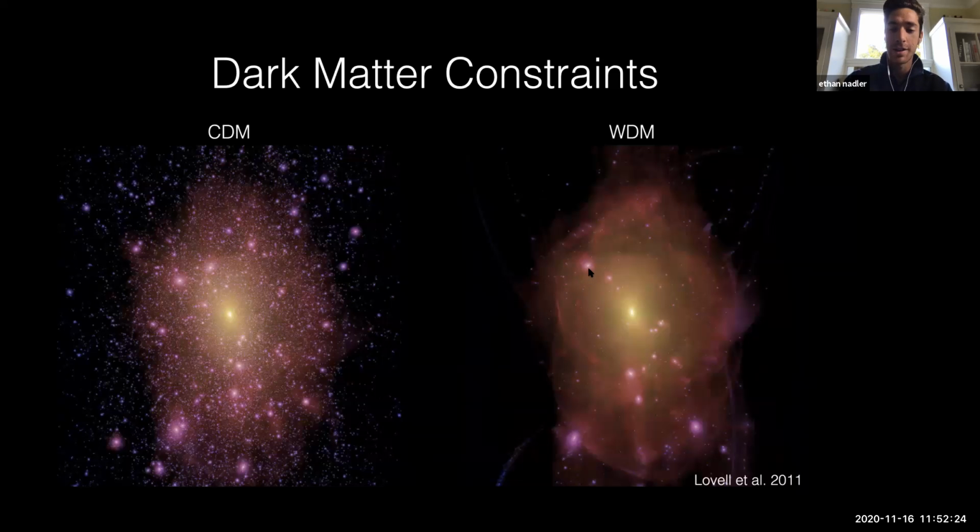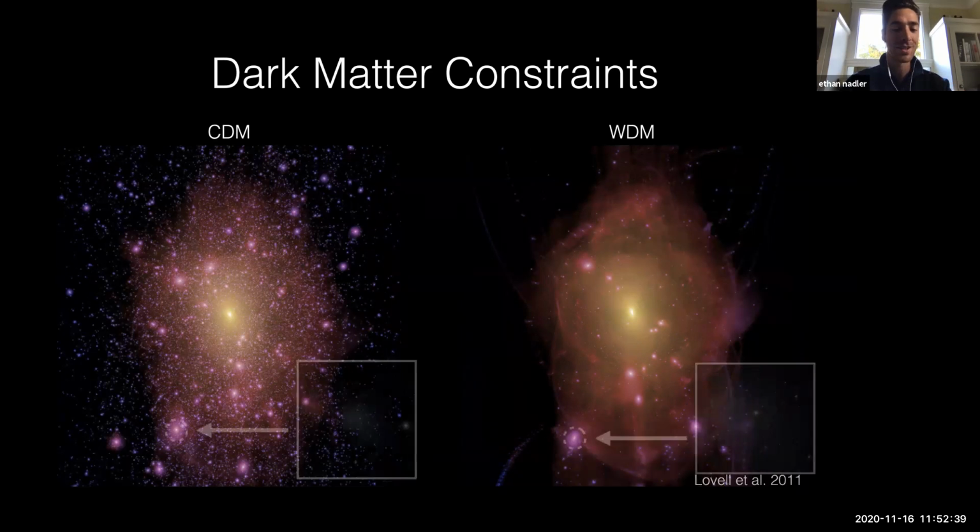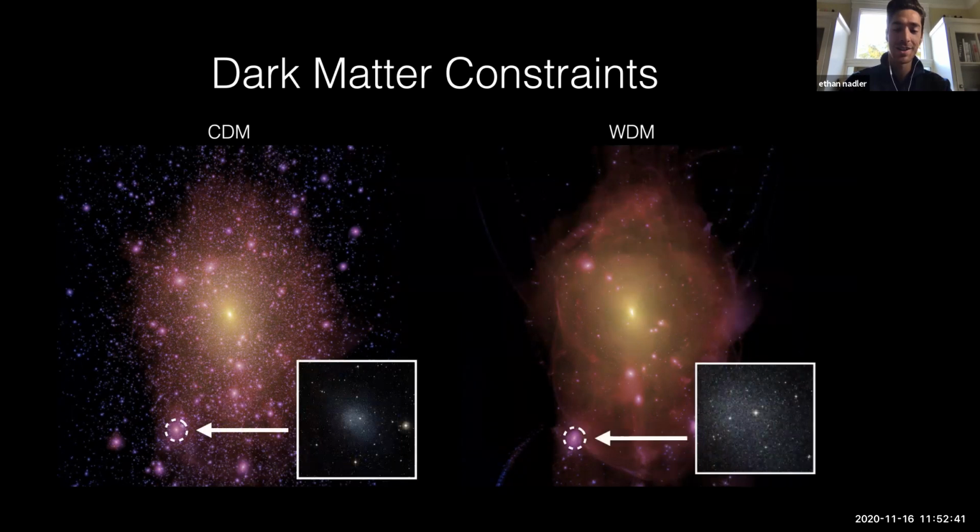But if dark matter physics manifests on these length scales, for example, in the case of warm dark matter suppressing halo formation due to free streaming, you can suppress the abundance of halos right on the mass scales that we're observing using these satellite galaxies, right? So by counting the satellites and making a guess about how the subhalo mass function is suppressed in a dark matter model, you can actually place constraints on these non-CDM scenarios.